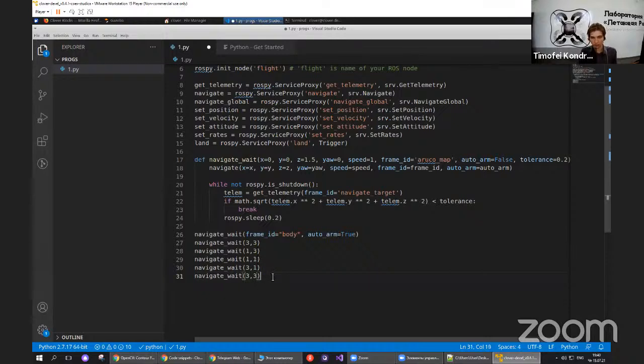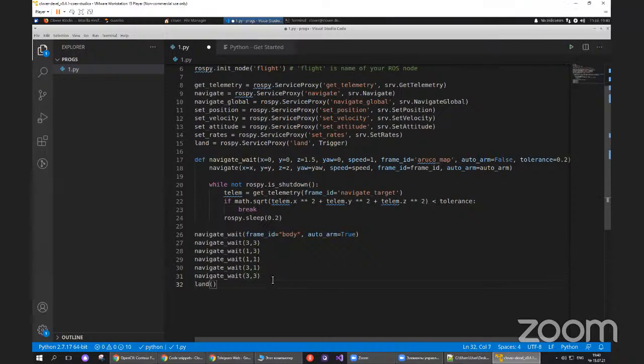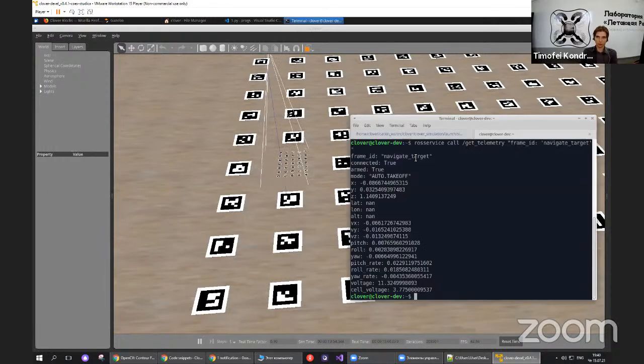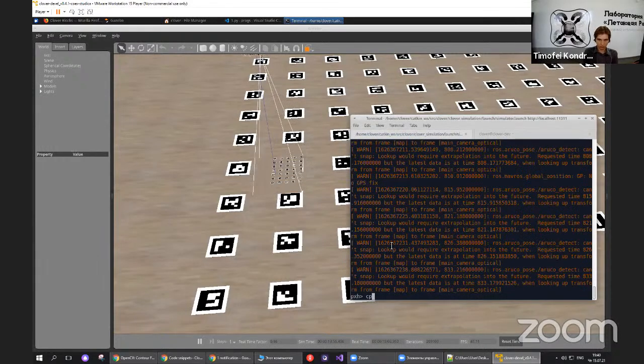Like this, and then land. Let's check out how it works. So let me first commander land here, commander land,